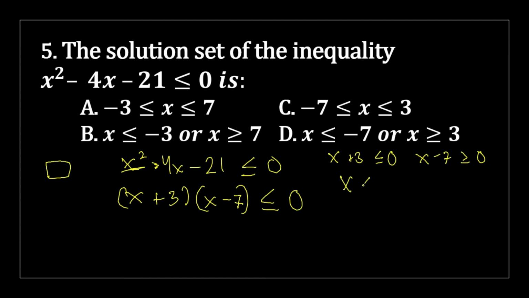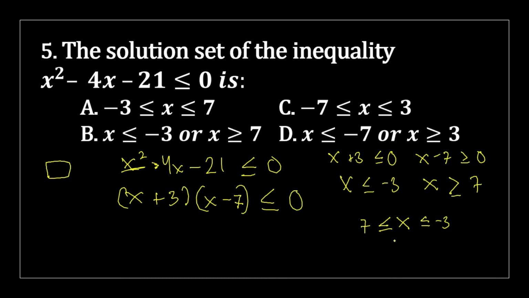X is less than or equal to negative 3, then x is greater than or equal to 7. So if we're going to put this in one line, x should be less than or equal to negative 3, and x is greater than or equal to 7. So now if we're going to put this in a number line for us